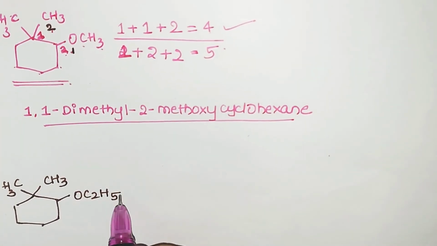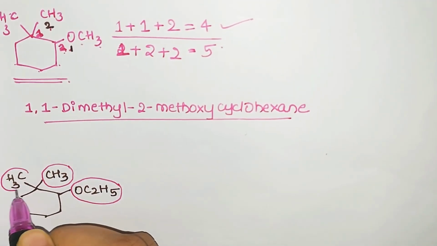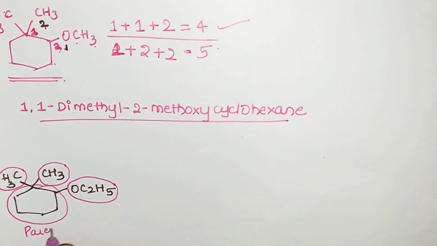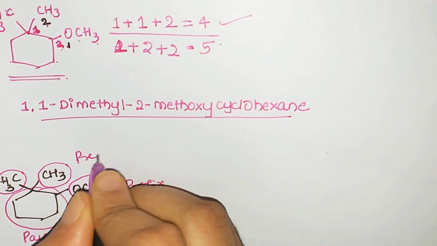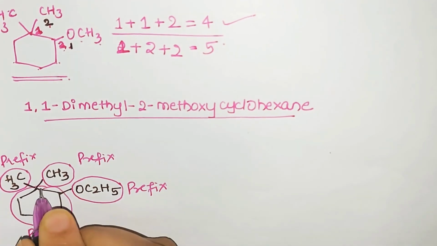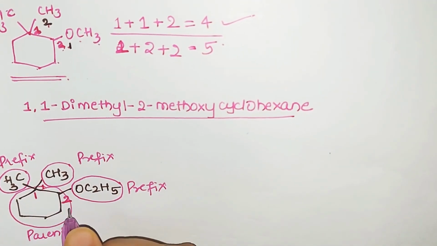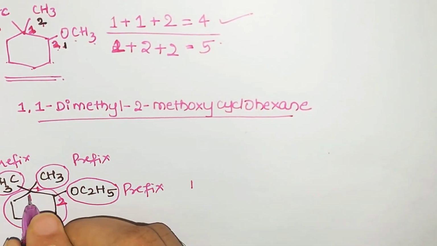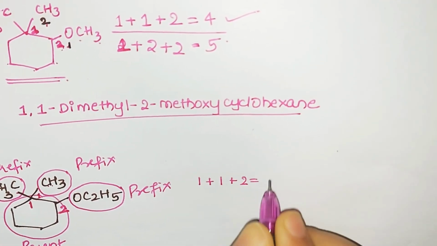So here we have taken OC2H5, CH3, CH3. All these three are what? Substituents, hence all the three will act as prefixes, and your cyclic ring is the parent chain. So we'll just number the prefixes here in this case. We'll number it both ways, clockwise and anti-clockwise. When you number it clockwise, you get the positions for your prefixes as 1 and 2. On the first carbon atom, two substituents are present, so we'll add it twice, plus 2, on the second only 1 substituent. So the sum you get is 4.